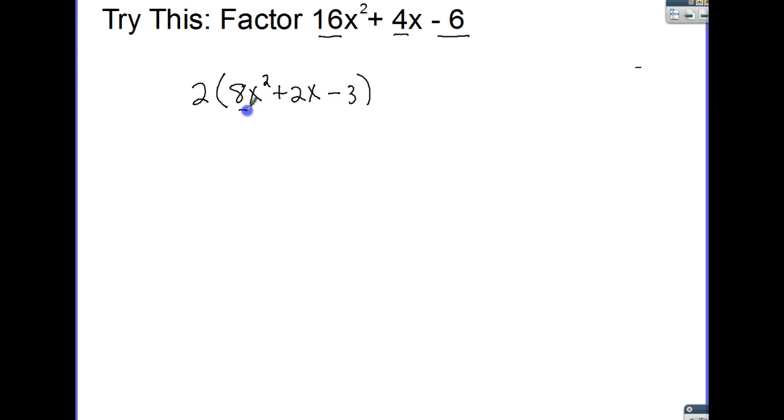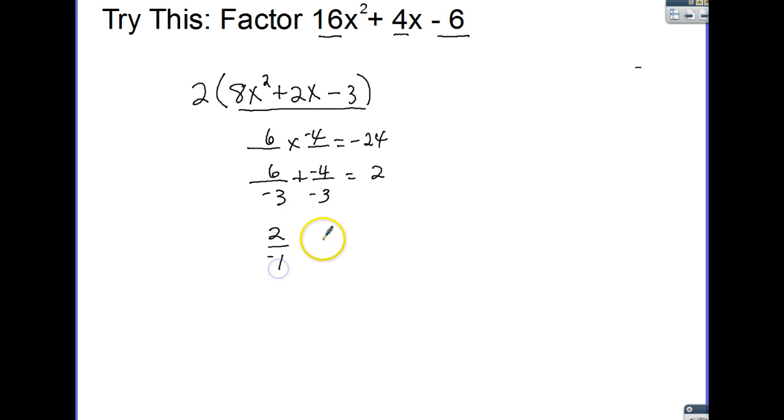So we're going to factor this with the AC method. We have two numbers that multiply to be negative 24, and at the same time they add up to be 2, but we know they actually subtract to be 2. That's going to be 6 and 4. Multiply to be 24, subtract to be 2. To make the addition work, the negative would have to go on the 4. We put those over negative 3. We reduce. This becomes 2 over negative 1, and this becomes 4 over 3. We get 2x minus 1